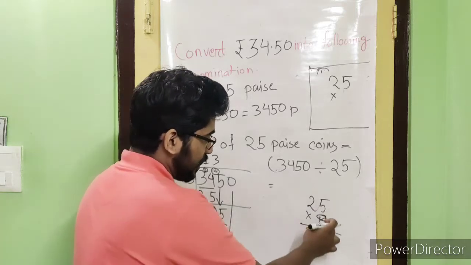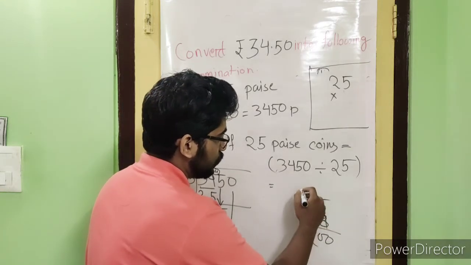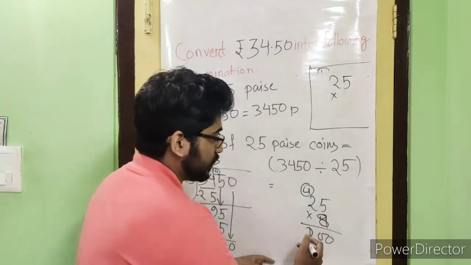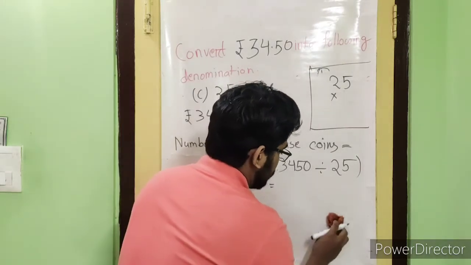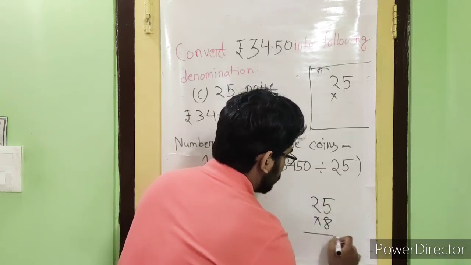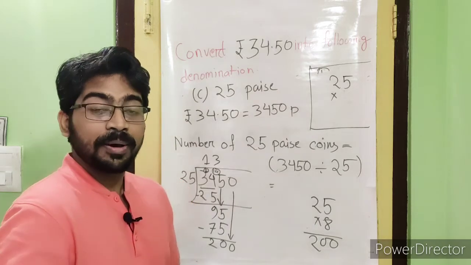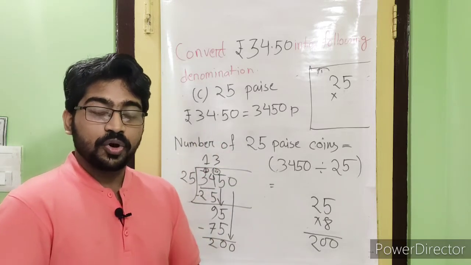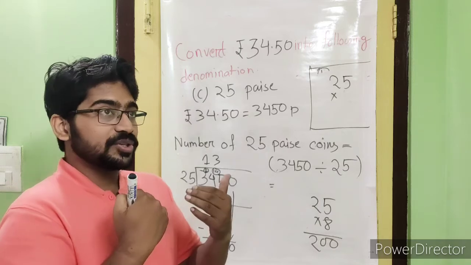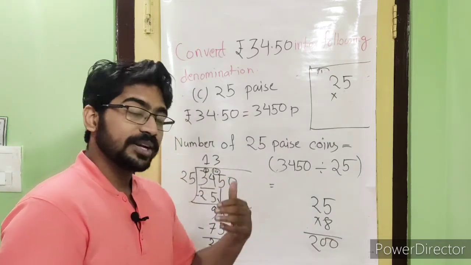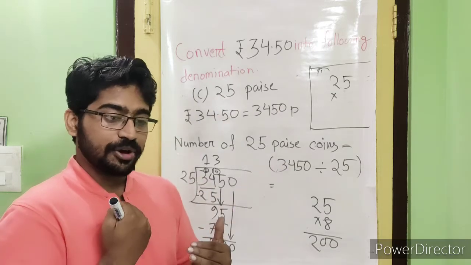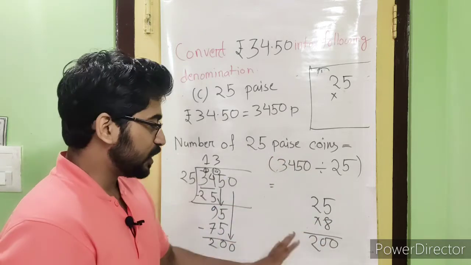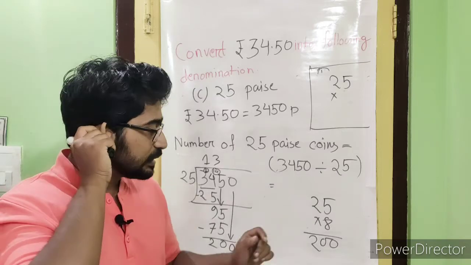Now checking the answer. 5 8s are 40, 0, 4 comes here, 8 2s are 16, plus 4, 17, 18, 19, 20. See, 200 comes. So how did I find it? Because 4 2s are 8, and here 100 2s are 200. So that means this one is doubling. I doubled 4, and I doubled 100 as well. If 4 is doubled, automatically the answer will also be doubled. So I did it thinking like that. So this one is a smarter way to do the maths. If you don't understand this, go one by one.